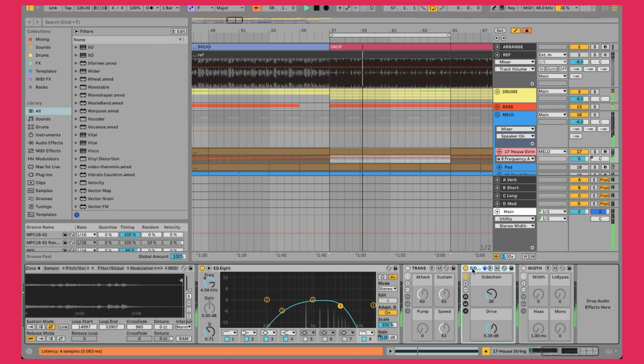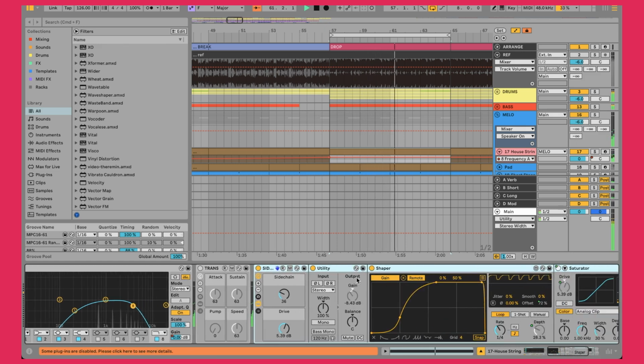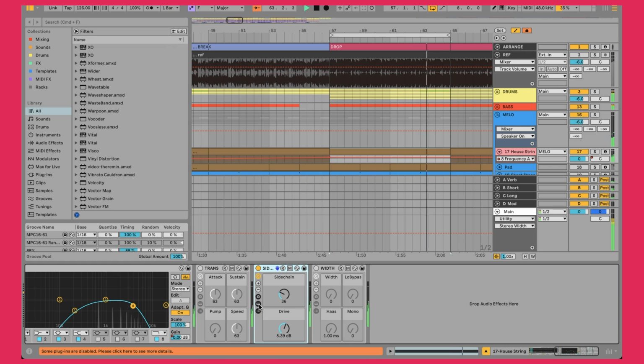Other than that, we're running into the one knob sidechain that I have here, which is just an Ableton Shaper, going to quarter notes and just ducking the gain. This way it's going to the rate of a kick drum, so you don't have to use a compressor or do all that kind of annoying stuff. Unless you like doing it, you can, but setting the threshold and the ratio and all this stuff, it's just the one knob, dial it in, move on. That's the idea, finishing tracks fast.